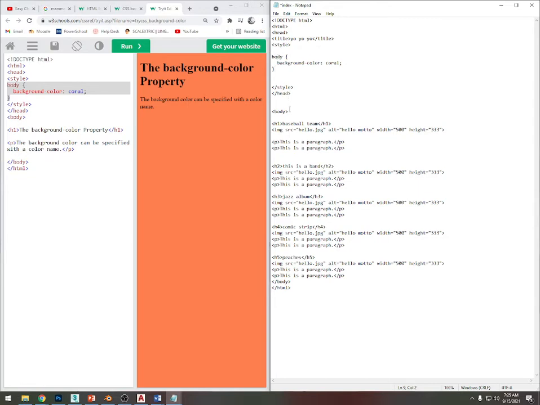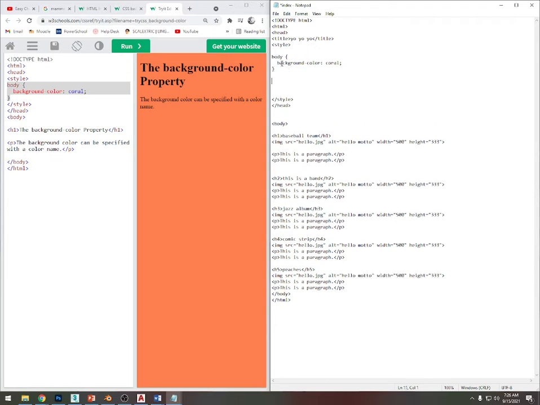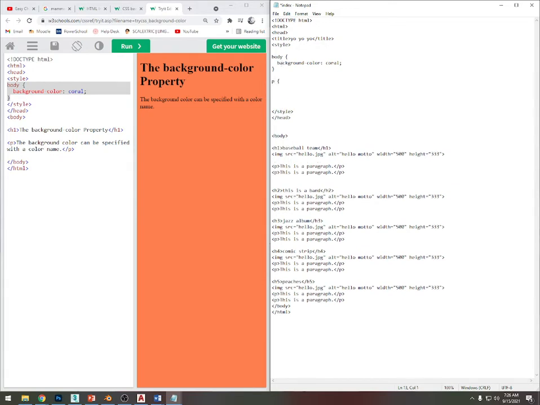Now, this is referencing the entire body, so the entire document. It's telling the entire document that it wants the background color to be coral. And you just do that by typing body and then the open curly bracket, and then you're going to define what you're going to change. In this instance, it's background dash color, colon, space, the color, semicolon, then close curly bracket. So I'm going to show you how to do that with a P tag to change the text. So I'm going to do the same thing. Just type P, open curly bracket, enter, enter, close the curly bracket like this. And then to change the font, all you have to do is type color, and then the color,